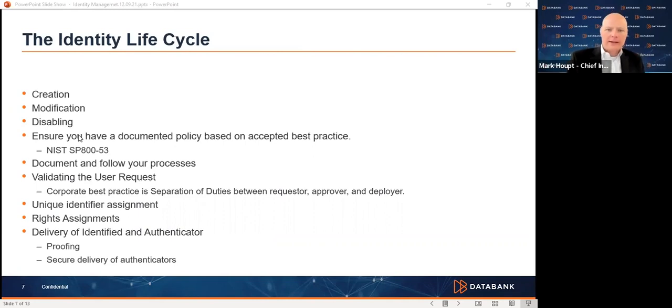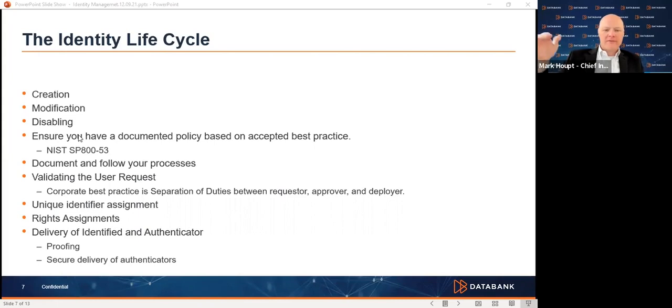So as part of your identity lifecycle, you need to, first of all, have that policy that we discussed earlier. You need to document and follow your processes. And the reason for this is if you deviate from the policies or the processes, you're going to find yourself with a hodgepodge of users out there who may or may not be validated. And then further, if you're in an environment that requires or does have auditing, like an SSAE 18 or a PCI type of scenario, or even a healthcare environment, they're going to want to come back to you and understand your processes and make sure that you follow those processes. So make sure that you document and follow your processes.